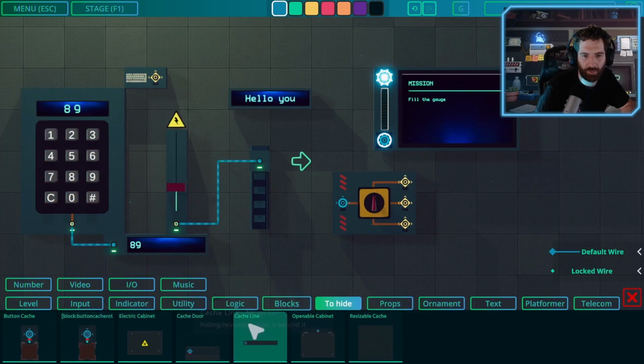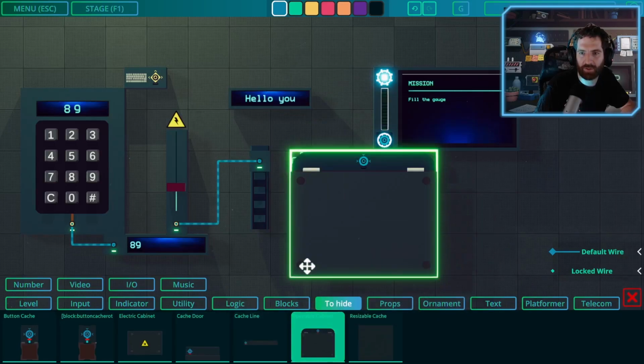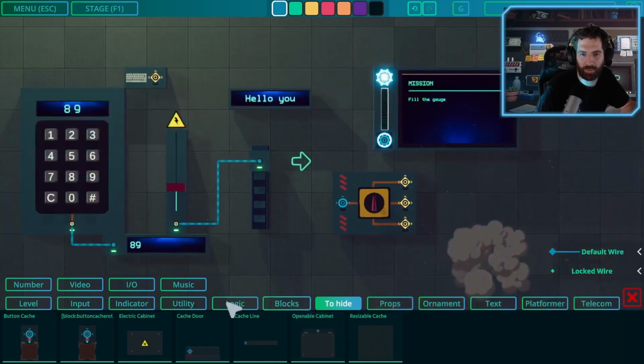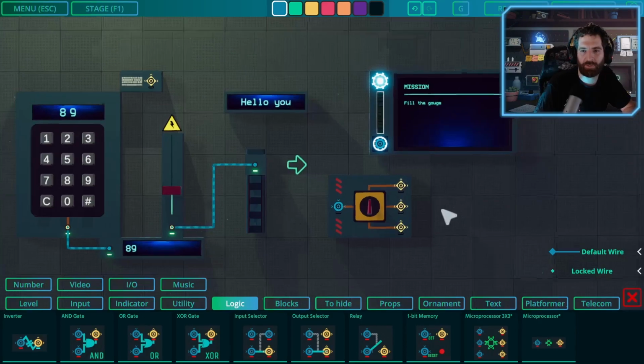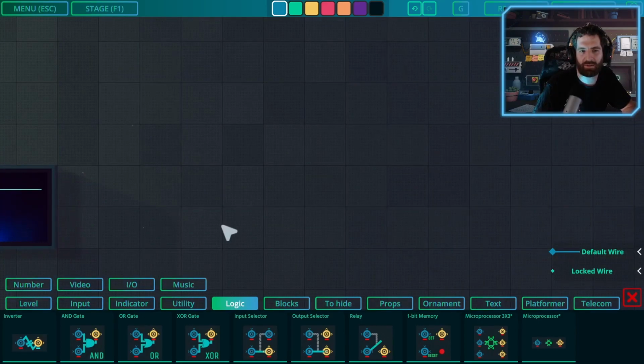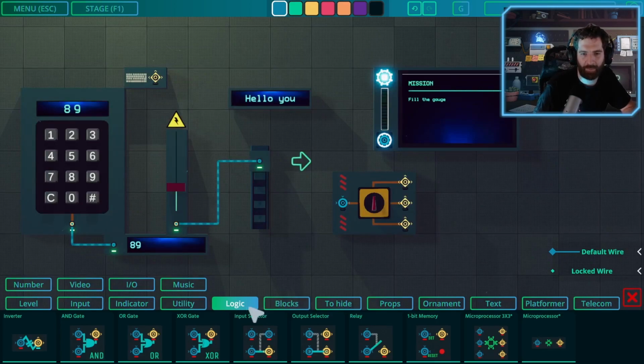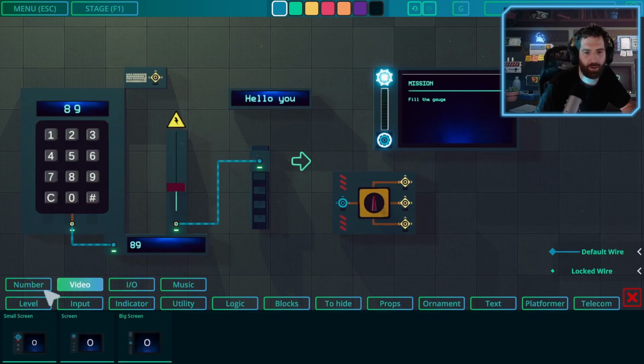Some things to hide, different things, for example, like this one. And as you can see, it's really the same system to create behavior in the editor as in the game. So if you want some different thing, you can create off screen, and you can create the behavior on the level of the puzzle and the puzzle itself with the same system. It's something really powerful.